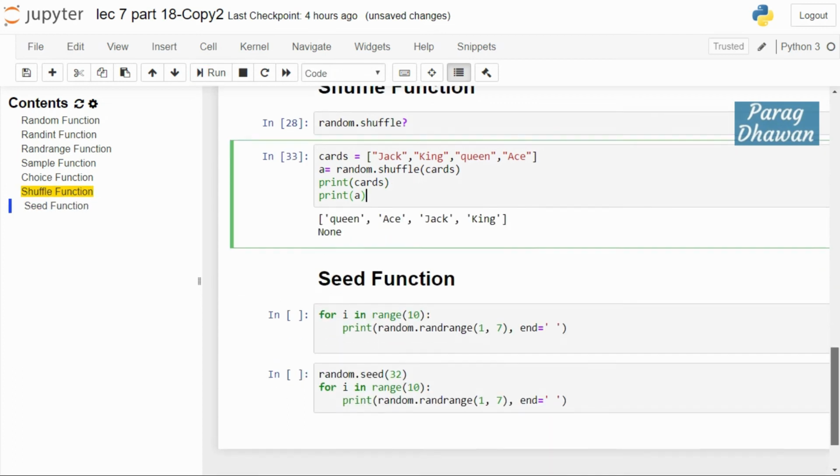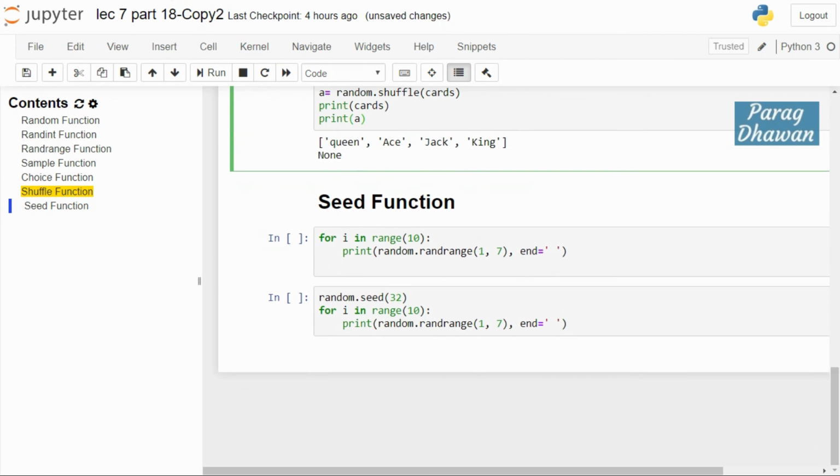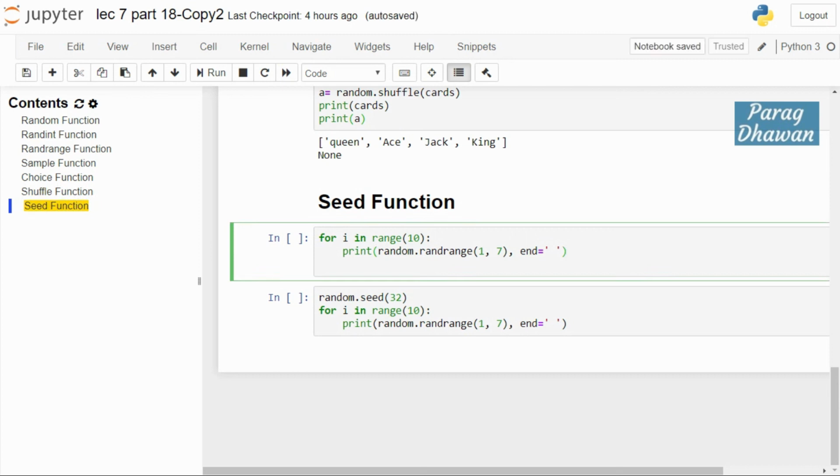Last function of today's video, the seed function. Let us understand the seed function directly with an example. You have a for loop running from 0 to 9. How is it indicated? i in range 10. It means the range function starts from 0, 1, 2, 3, 4, 5, 6, 7, 8 till last index minus 1, which means 10 minus 1, that is 9. It is running from 0 to 9. What you are doing is randomly selecting one value from 1 to 6 and printing it. So it will print a value from 1 to 6, 10 times.